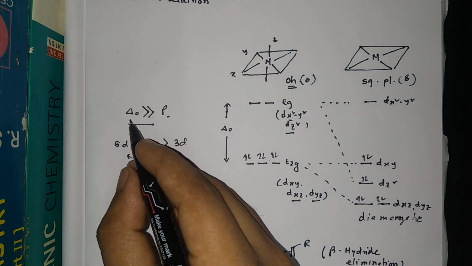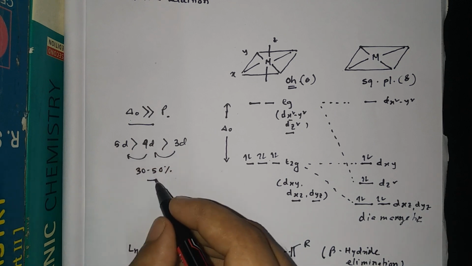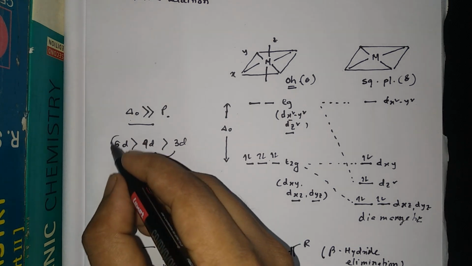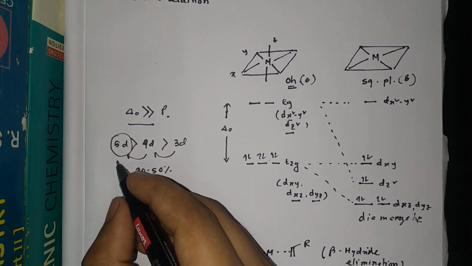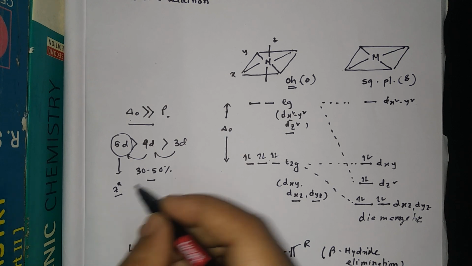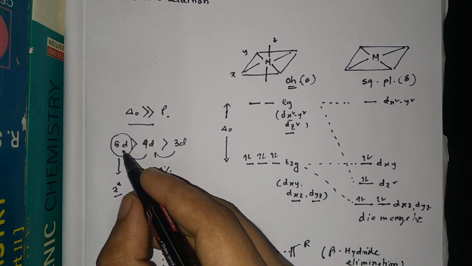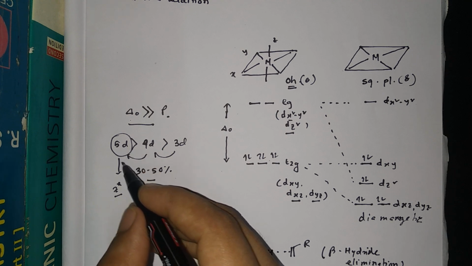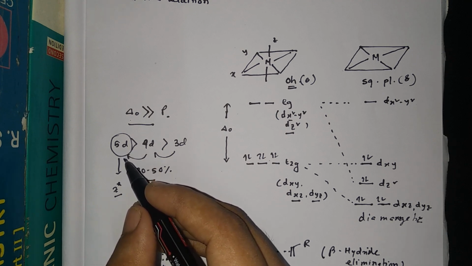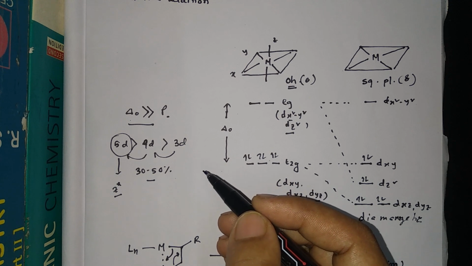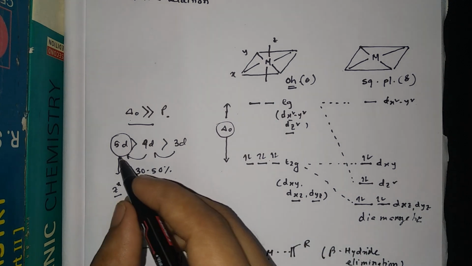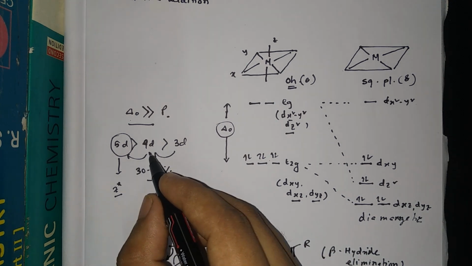The delta 0 value increases from 3d to 4d to 5d, and for each step it increases by 30 to 50%. Why? Because 5d has very less Z effective, and because of that, the neutralization of the negative charge of the electron in 5d by the nuclear positive charge is very less. Hence the electron is somewhat free, and it can go for repulsion with the incoming ligand electron. Because of this repulsion, the delta 0 value increases.